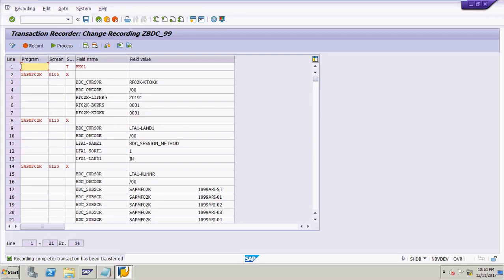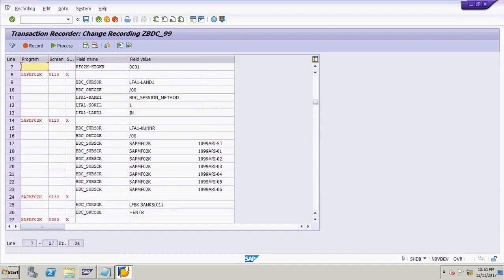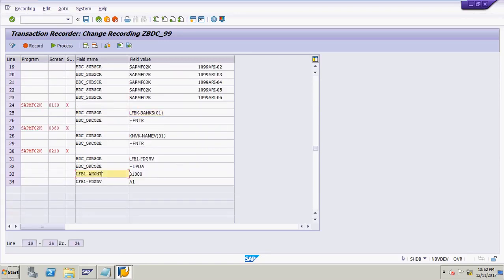So you can see here LIFNR Z0191, BUKRS 001, KTOKK 0001, NAME1 is BDC session method, SORTL 1, LAND1 IN, and another two fields, AKONT 31000 and FDGRV A1.